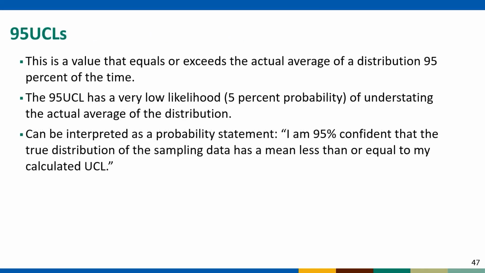To rehash, the 95% UCL is expected to exceed the mean on repeated samples 95% of the time in the same exposure unit. That gives us confidence that we're not underestimating the true mean, even though we don't know what that true mean actually is. We use this value to be sure we are not underestimating our exposure and not creating a situation where we're